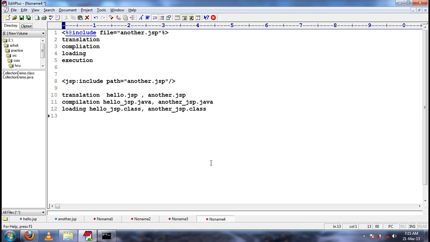But at the time of execution, a request will be transferred from the source to the target internally by making use of request dispatcher.include.